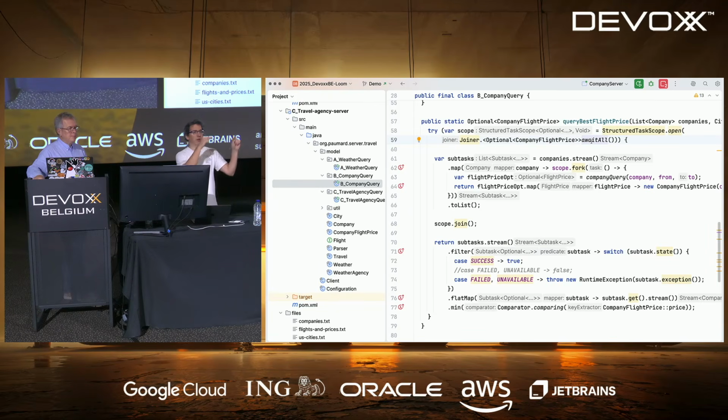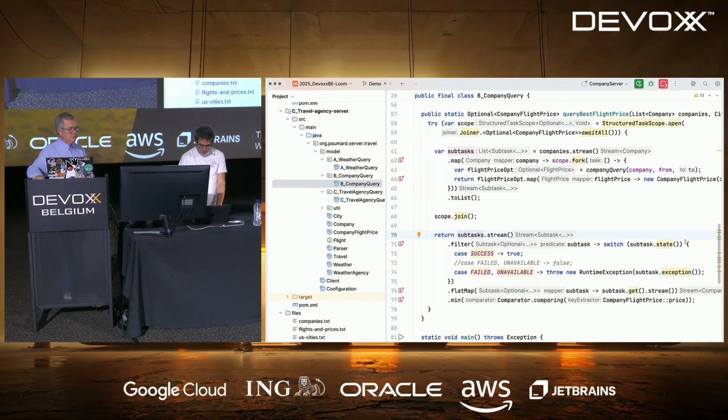So here, await all returns null. So I cannot use the result of join. To get the result, that's why I have a stream here. I will take all the results of all the forks and put them in a list, so I can analyze them here. Which is kind of sad that I have to do that. Anyway, so I can switch and know if the subtask